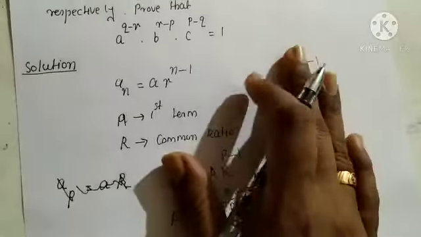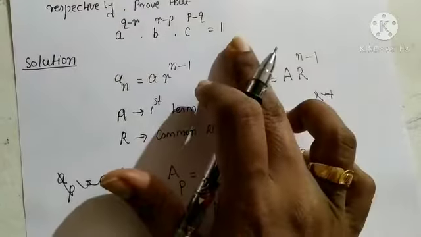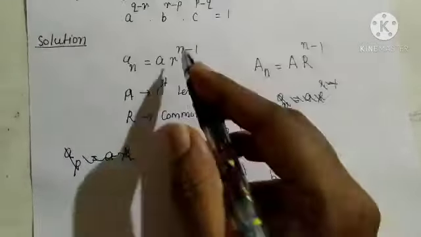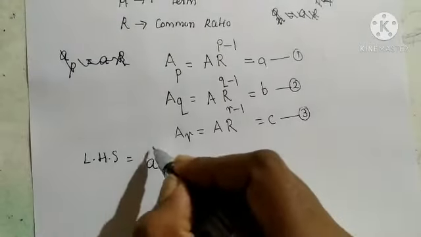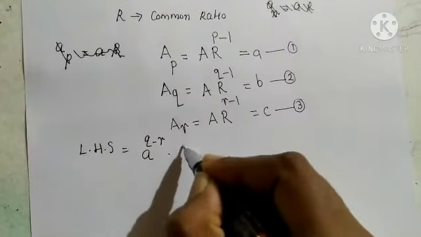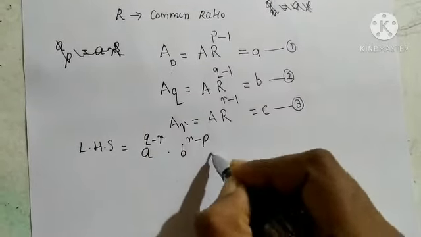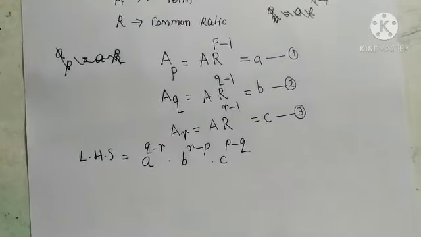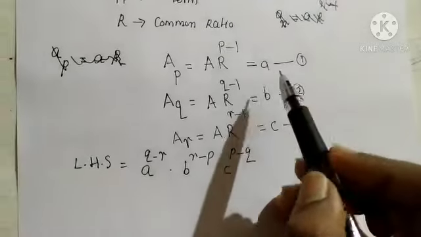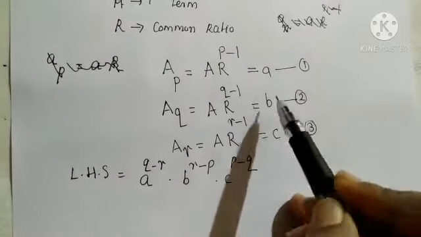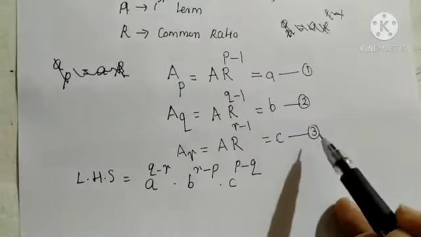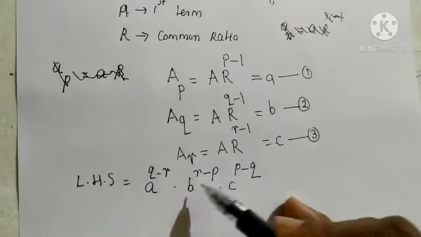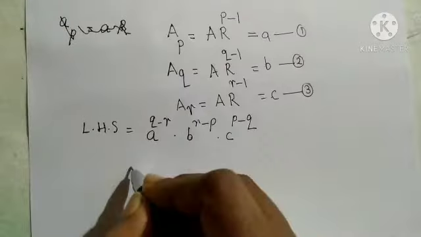So we need to prove that LHS equals RHS. Starting with the LHS. And what is our LHS? a raised to q minus r into b raised to r minus p into c raised to p minus q. Okay, so here we get the values of a, b and c using these three equations. I am going to substitute the values of a, b and c here. In LHS we get